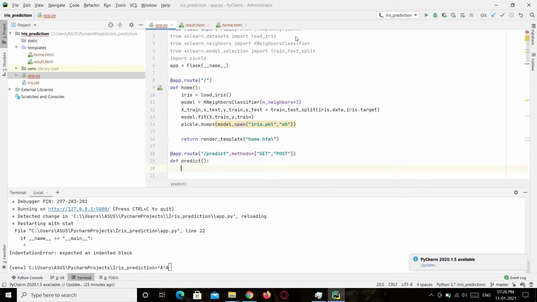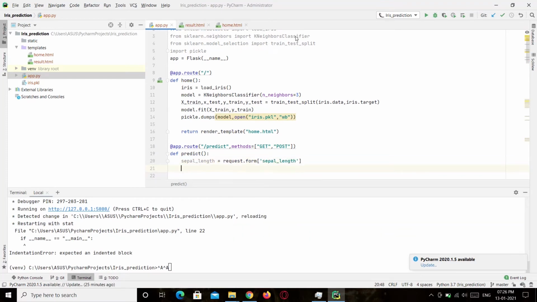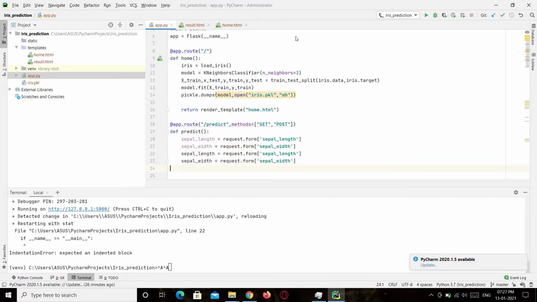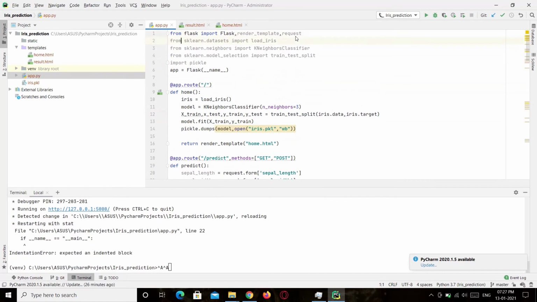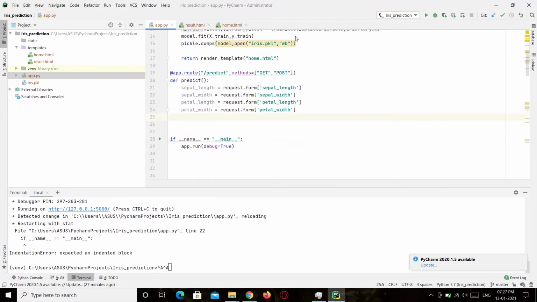Then we can collect the form values over here. We'll be importing all the 4 values, and we'll be forming a numpy array. For that, we have to import numpy. We'll be saving the array as form array.